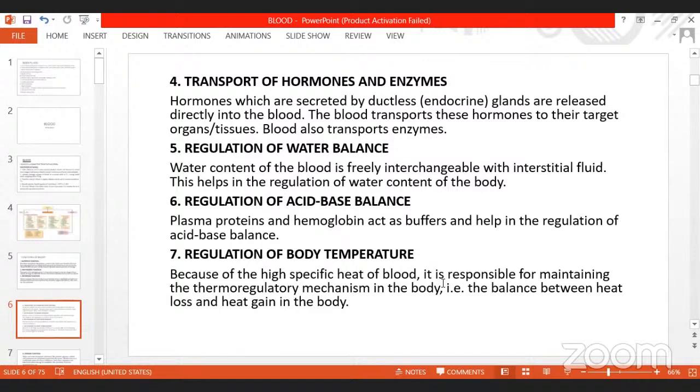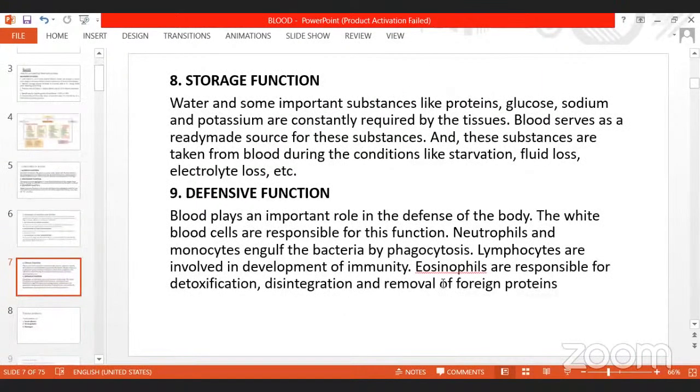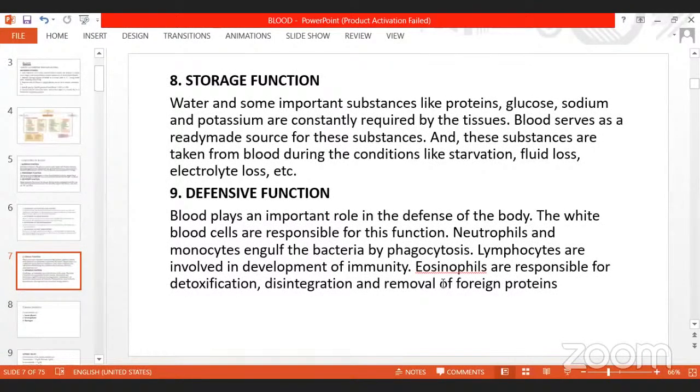So if we are getting hot, the cool blood from other parts of the body will go to the skin if we are exposed to the sun, unless it is too hot. There are separate thermoregulatory mechanisms in the body, and that is in the hypothalamus. The blood carries the particular temperature and sends it to the thermoregulatory centers